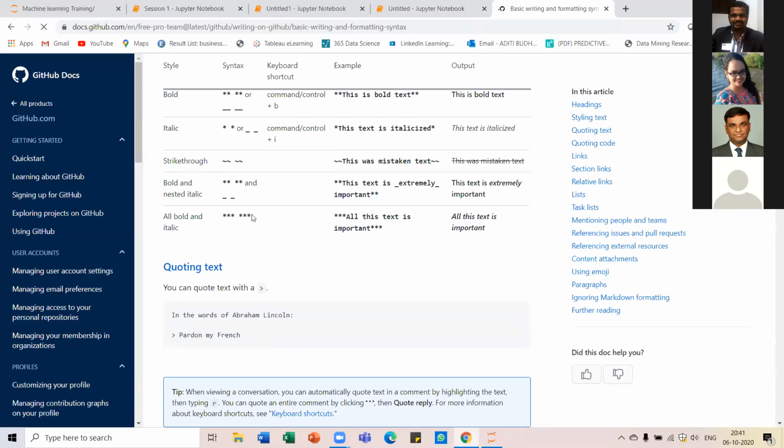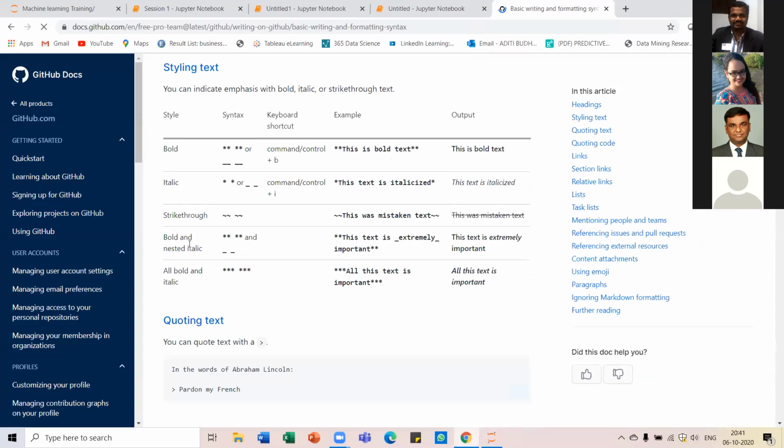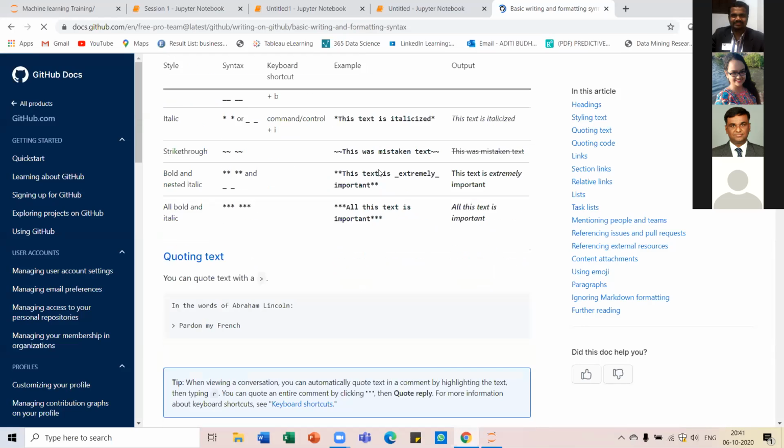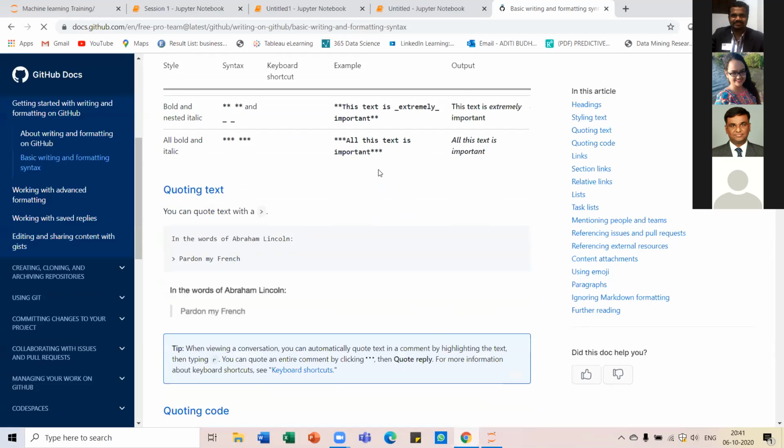If you want bold and nested italics, you can use it this way. If you want only bold, use double asterisk signs before and after your text. If you want italics, just use a single asterisk sign before and after your text. All these formatting styles you can explore.